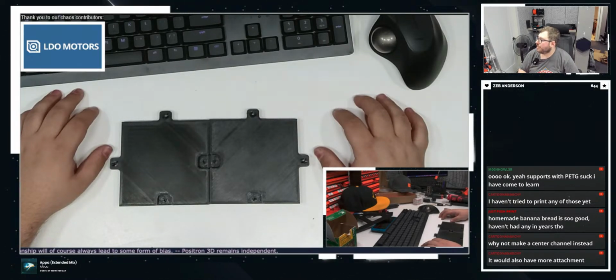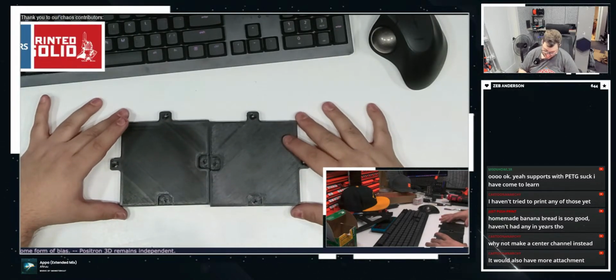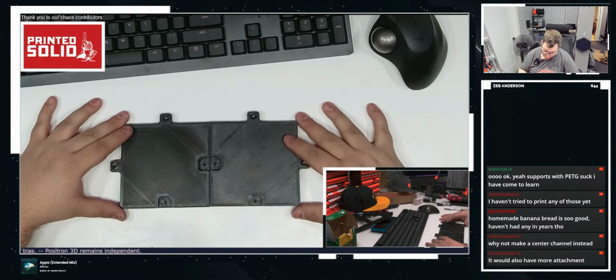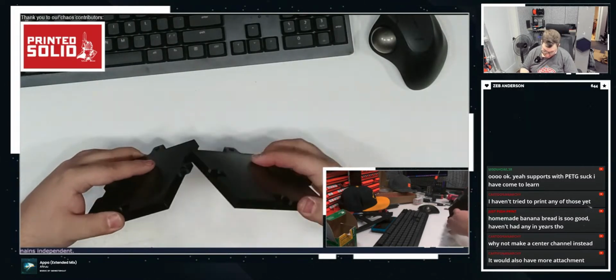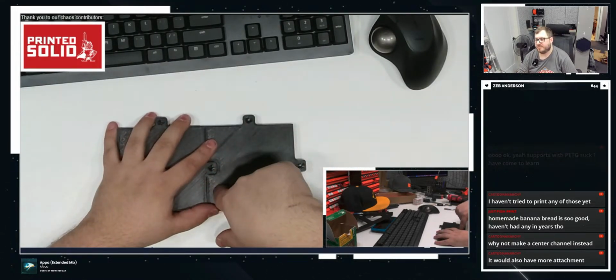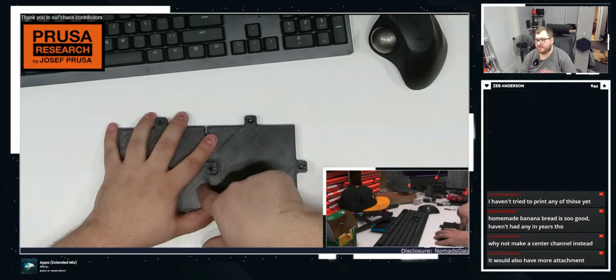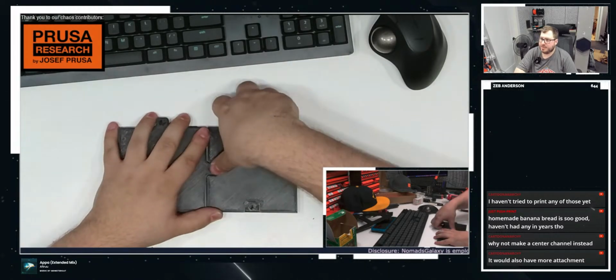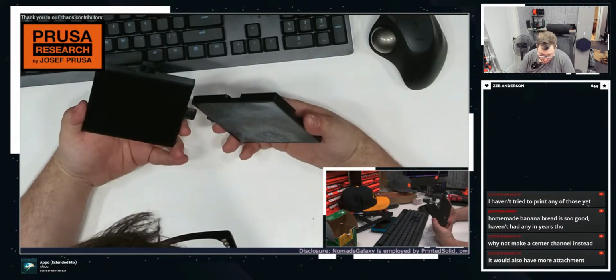Yeah, it would have more attachment, 100%. That would significantly increase the number of fasteners, but the tolerance on that part is a millimeter above right now. Like, I could squish this down, sure. That's not going to fix the issue with supports.